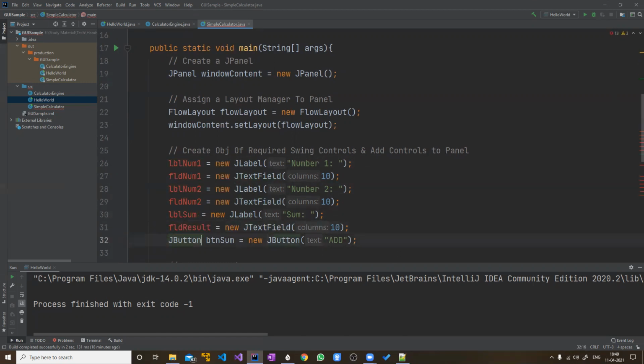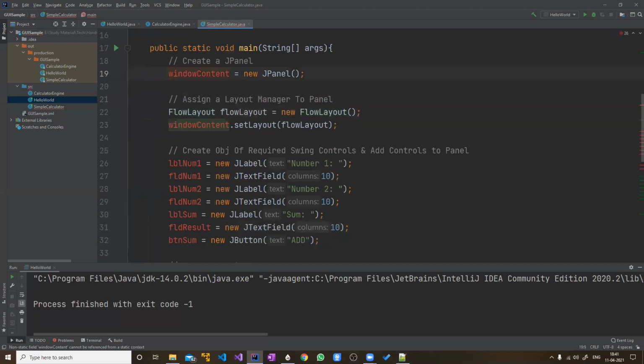I noticed that you wrote JPanel, like window content, outside of the static. So even for flow layout, would we put that outside of static too? No, because I won't be using it outside. It's not an object which will have something which must be part of the window. It is just something which does some operation, and that's all. You can say it fixes the layout. It doesn't have anything else which should be part of the window.